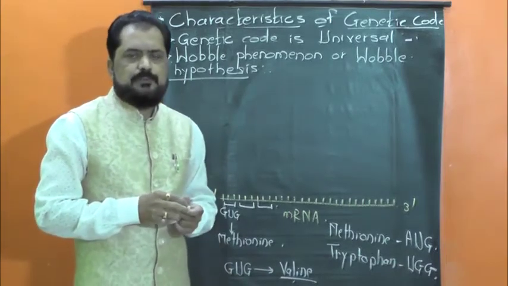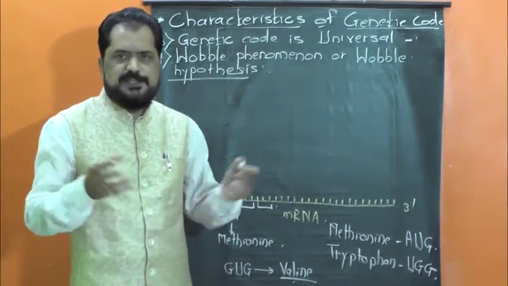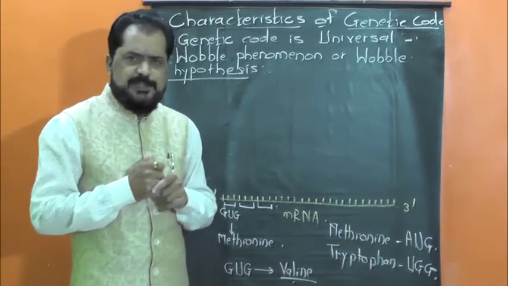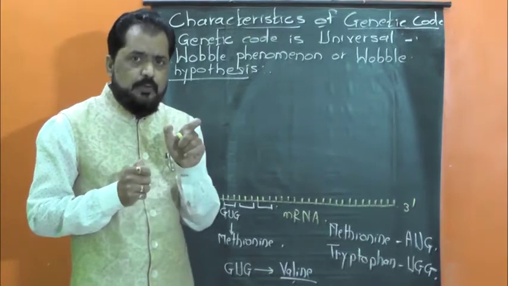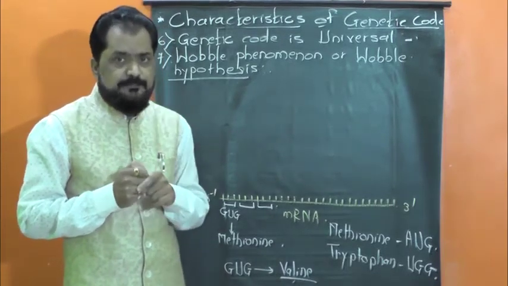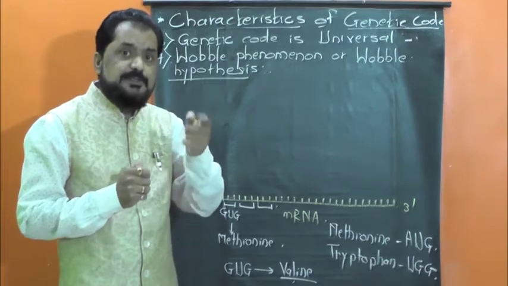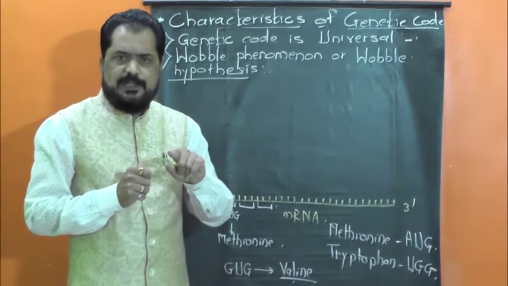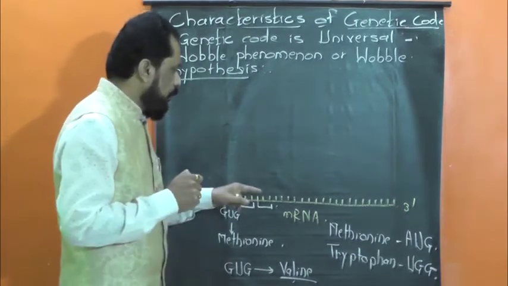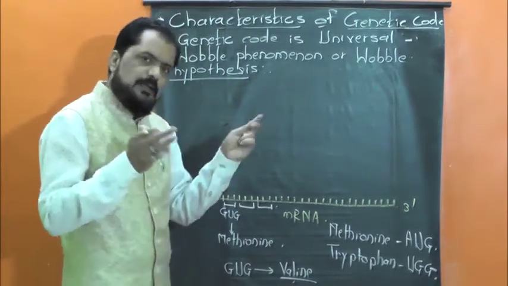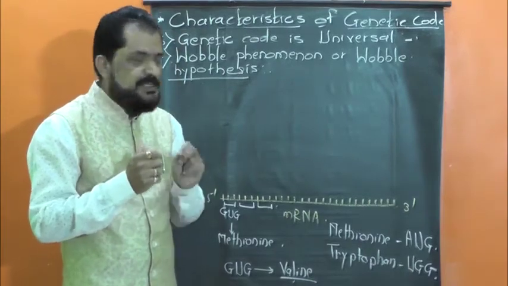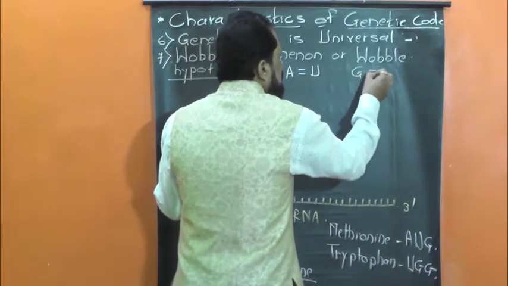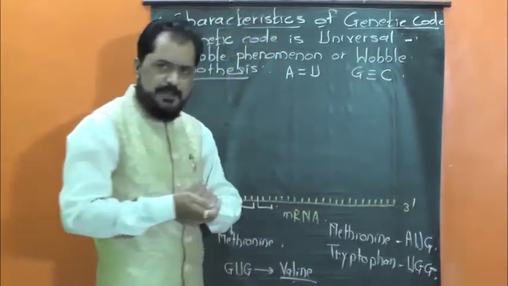This hypothesis was proposed by scientist Francis Crick in year 1966. Few minutes before we have seen that the anticodon present in tRNA is always complementary to the codon in mRNA. tRNA वर असलेला जो anticodon आहे तो mRNA वर असलेल्या कोडॉनला कॉम्प्लिमेंटरी असतो. This is because of A, U and G, C nitrogen base pairing.